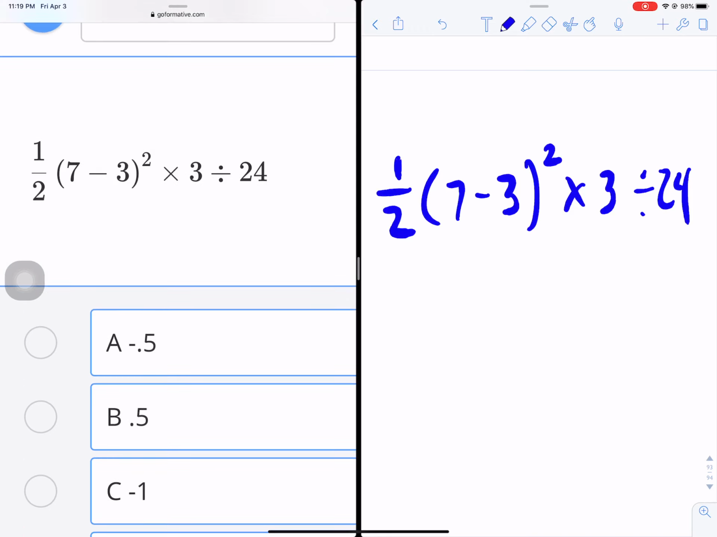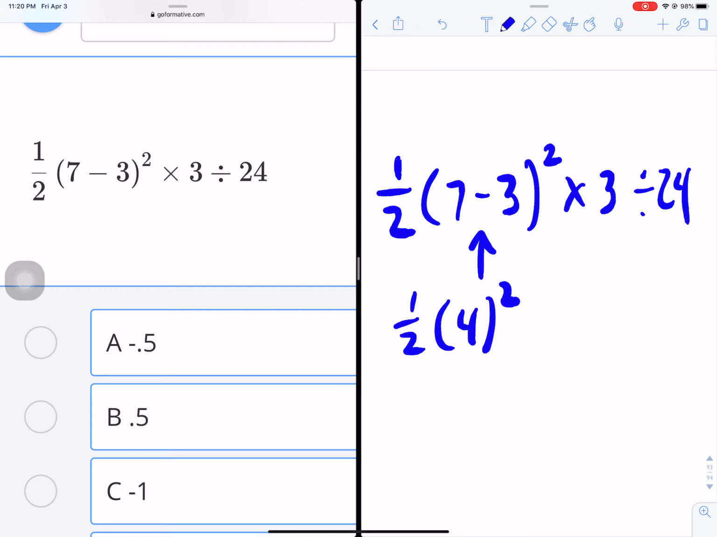So first things first, parentheses. What is in the parentheses? 7 minus 3. Well, let's just do that. What's 7 take away 3? 4. So rewrite it. 1/2